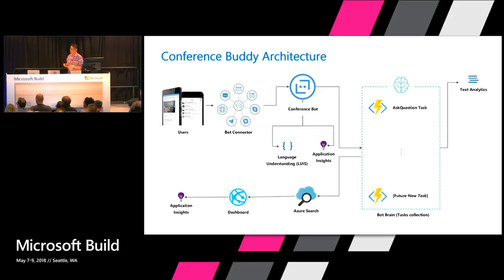And then we also have the dashboard, which is down over there, that you can see is displaying all the messages that are stored in our Azure Search. Okay? And also, you remember that I was saying that each component is responsible for its own single workload. So the conference bot doesn't care about all the cognitive services, for example, the text analytics we've shown here. All it cares about is to get the message, send the message out, and format it correctly. It talks to the bot brain through an abstraction layer, and the bot brain itself is actually Azure Functions, where each of the tasks is independent and they don't impact each other.